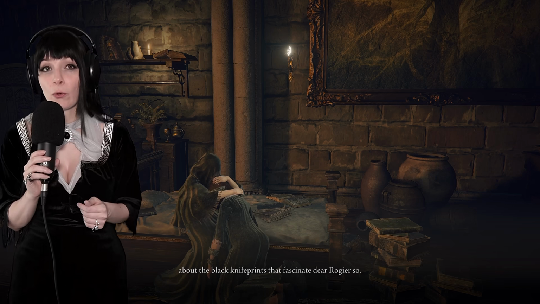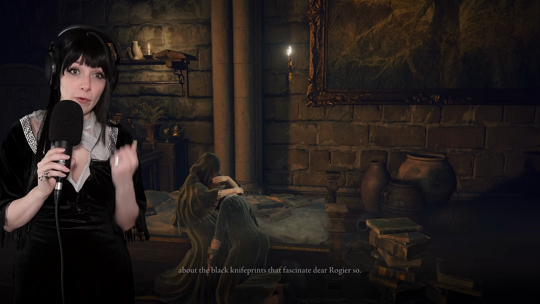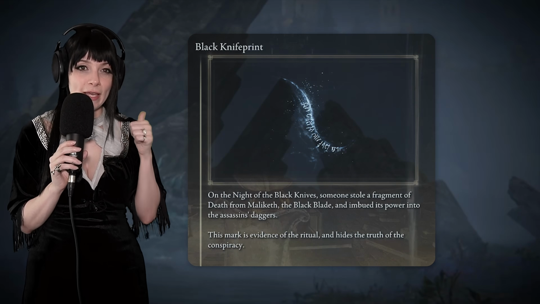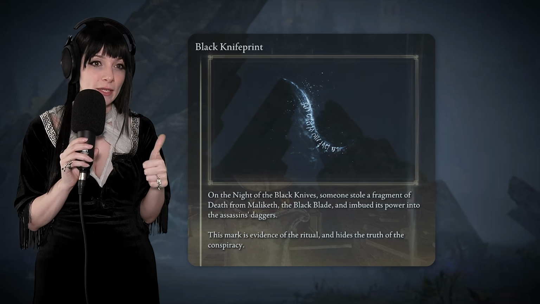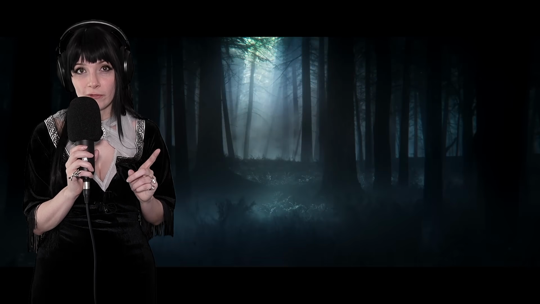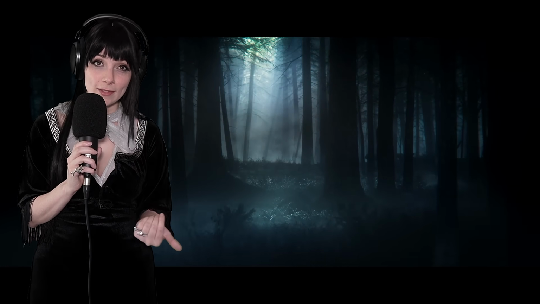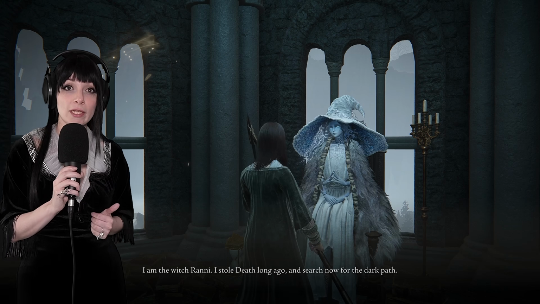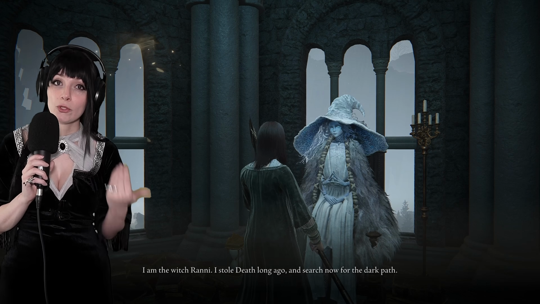If you progress Rigier's quest, he uncovers evidence that Ranni was behind the plot. For all intents and purposes, she left what was basically a fingerprint at the crime scene. However, Ranni was not the one who lifted the knife. She hired assassins to carry out the deed on her behalf. She admits that she stole a powerful item to do so, the Rune of Death, which would allow someone to